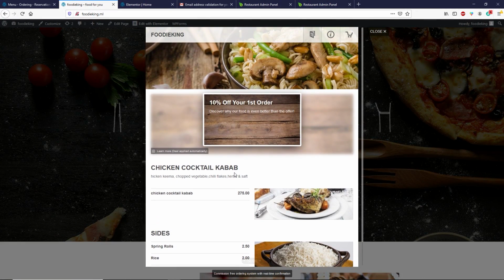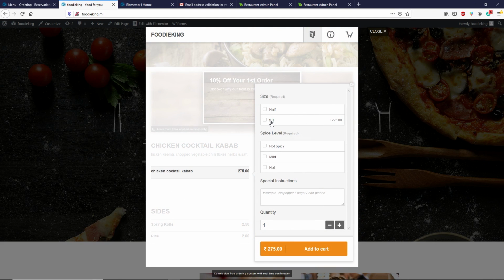So now you can see that we have this window. Now we added just one dish over here. If someone wants to buy chicken cocktail kebab, they can click over here and they can select full or half. They can select full size. I'm gonna select the spice level hot, I'd like to go with the one quantity, and I'm gonna click on